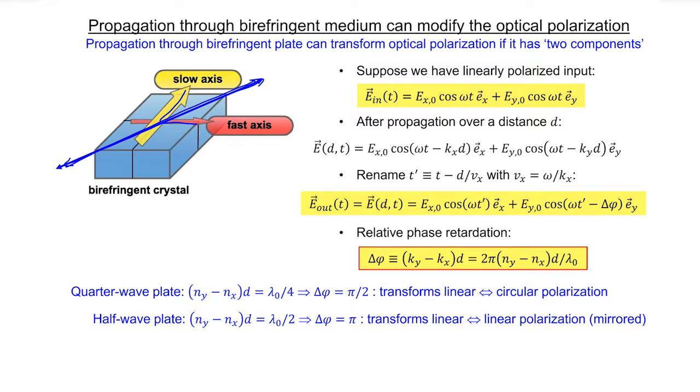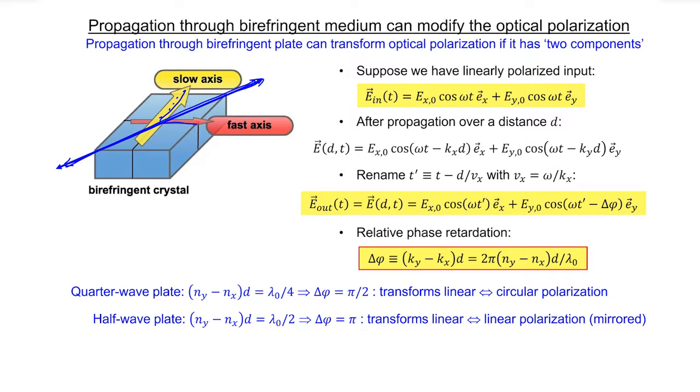Fast axis meaning the axis for which the light propagates fast through the crystal, so has a low refractive index, and slow axis meaning the axis for which the polarization in that direction propagates slow through the crystal, so has